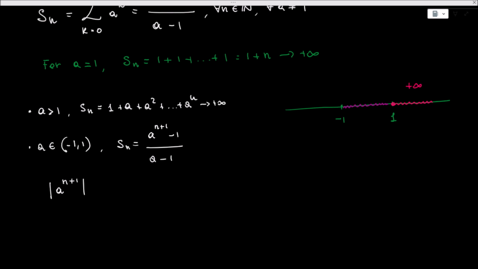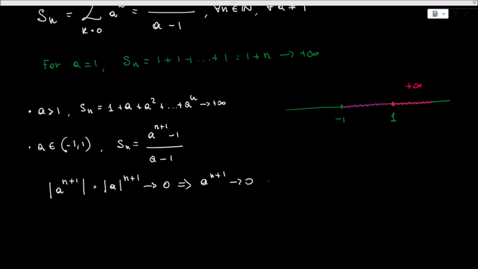And now we know that the absolute value of a is a positive number between 0 and 1, extremes excluded, and we know that this of course is something that will go to 0, and by the theorem of absolute convergence of sequences, we can conclude now that a to the n plus 1 will go to 0,